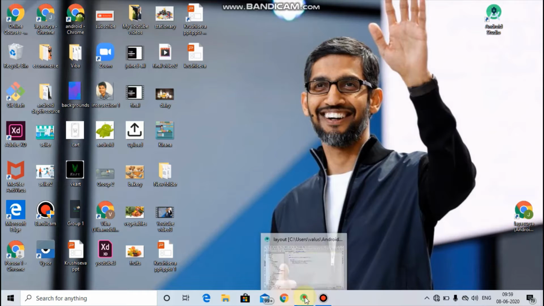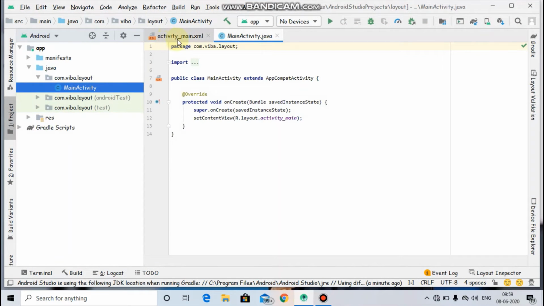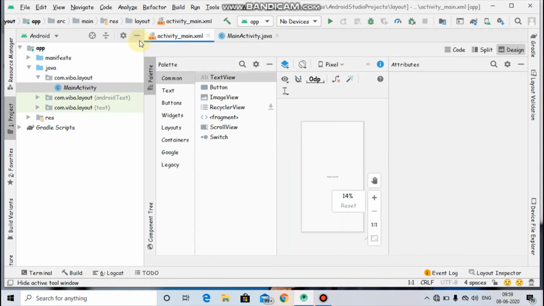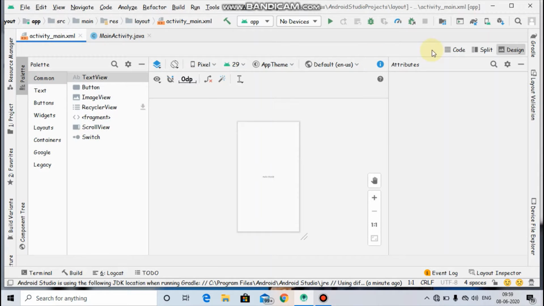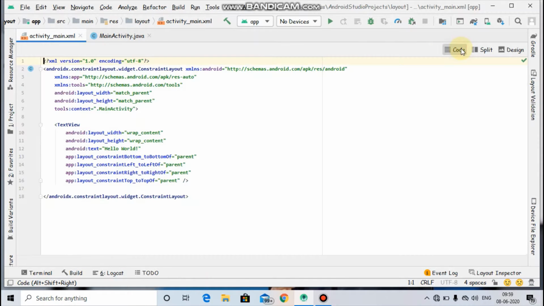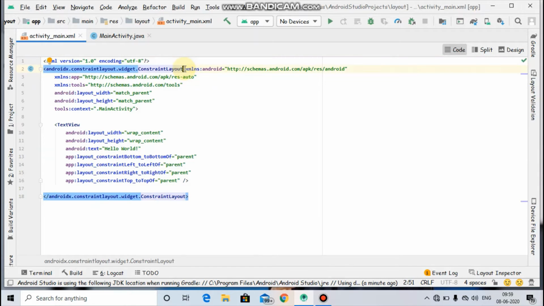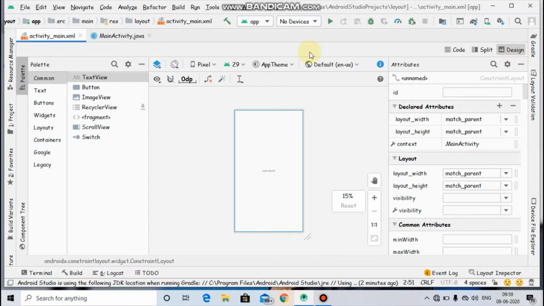I'll just open an Android Studio project here, and we are given two files, one of which is an XML file. We are going to design here. First, I will explain all about constraint layout. By default, Android Studio takes every XML layout as a constraint layout. And constraint layout is used for designing heavy designs. Whenever we have a huge number of items in one page, we just give constraints to those items. I'll just show you here.